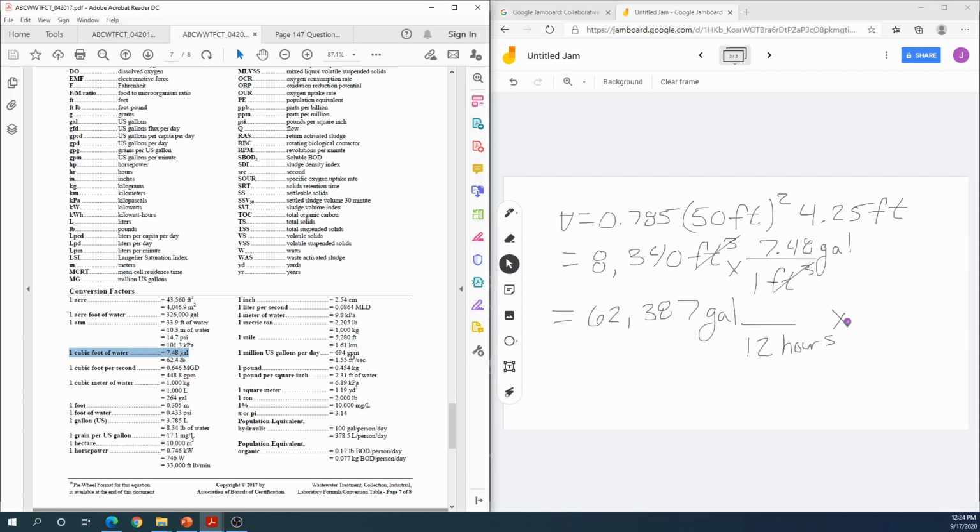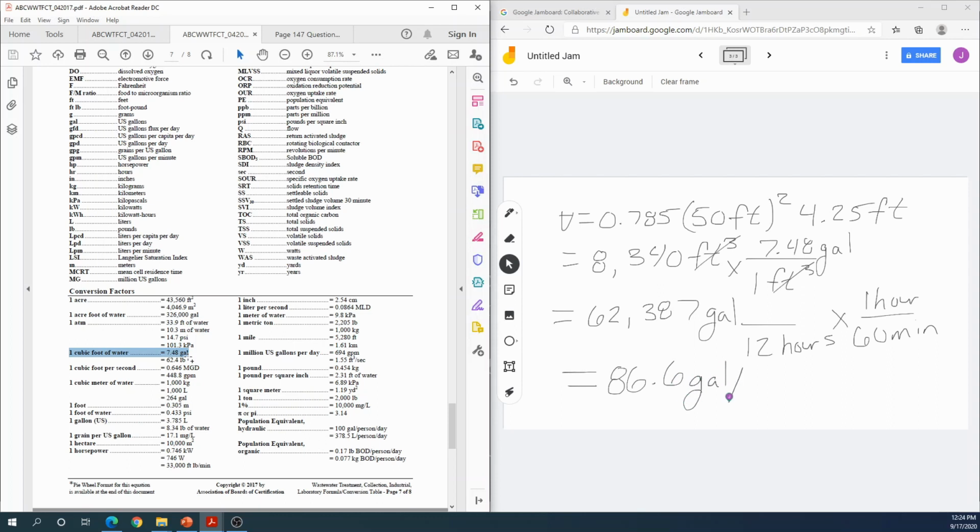But we care about minutes, so in 1 hour, there is 60 minutes. Because we moved 62,000 gallons of water over 12 hours, then to get from hours to minutes, we divide by 60. So 62,000 divided by 12 divided by 60 gives us a flow rate out of that tank of 86.6